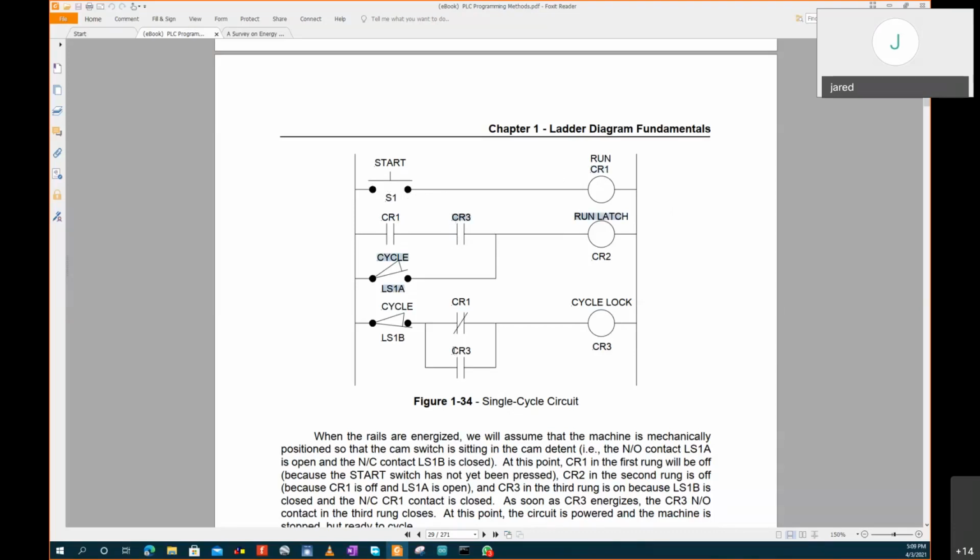So CR3 is somewhere here, but CR3 is dependent on this cycle, this contact. So when you press this one and this cycle 1 energizes, now CR3 closes here, power flows here. Okay, but CR1, take note, CR1 is here and CR1 is here. So when CR1 engages, it becomes on, this one goes off,